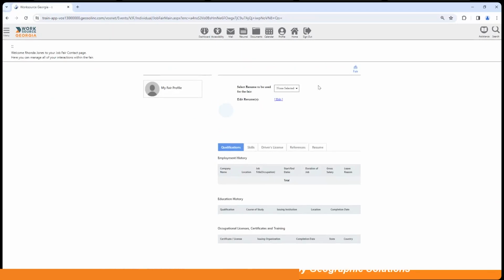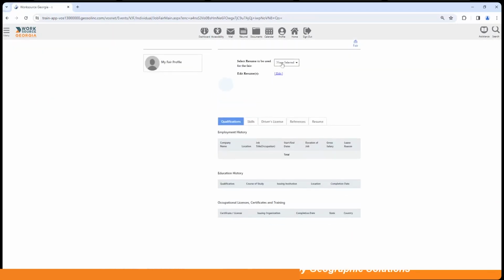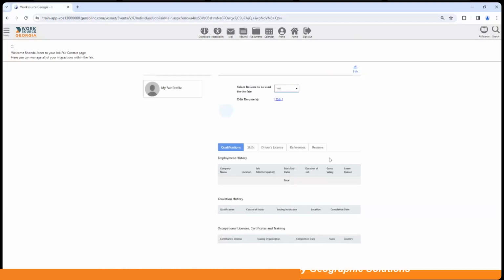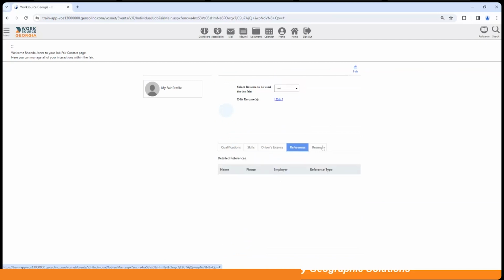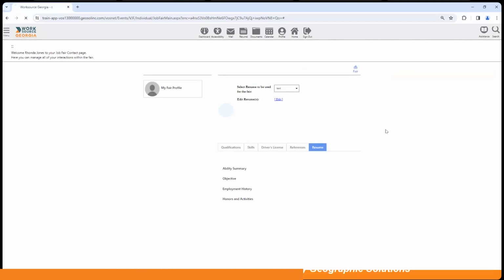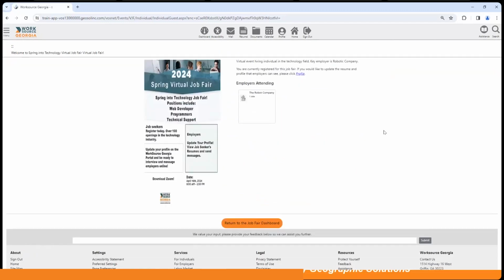So if I go in and set up my profile, I can select the resume that I want associated with it, and it's going to pull it in. And it takes a minute. In fact, what I found in the test region is that I'm going to have to come in and out of it, and it will actually display, but in production, it will immediately come in there. And then I can go back to my fair, and now I have this profile set for the robot company. And if I go to their information,